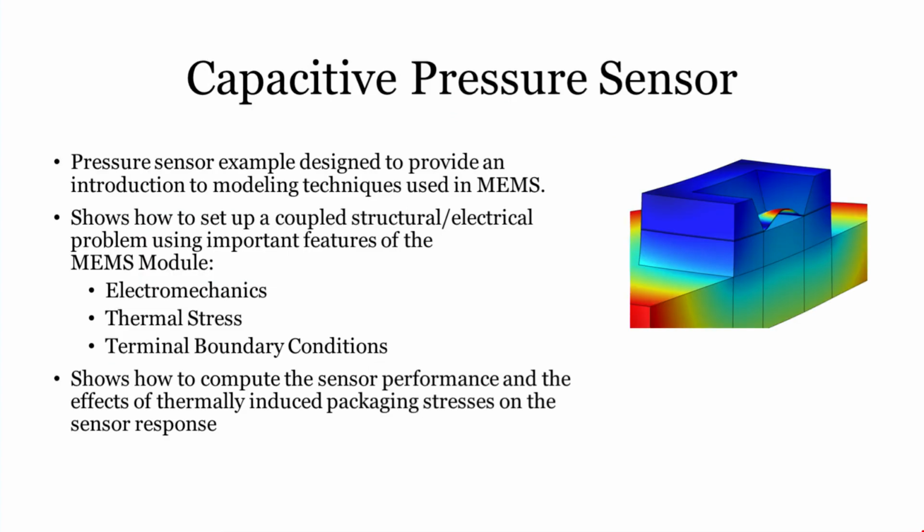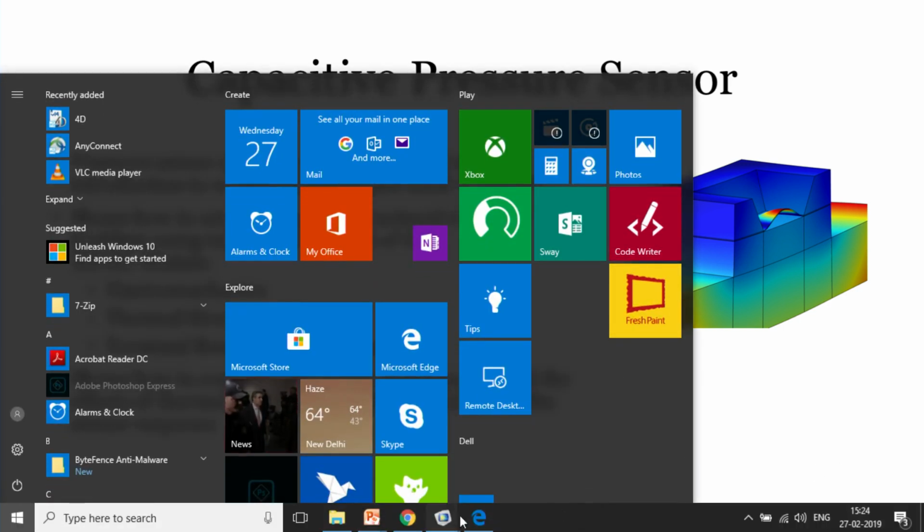One of the example models that comes into the picture is capacitive pressure sensors. These are regularly used in our mobile phones, as you know, and this is a kind of touch sensor that people want to model, or want to have on their mobile phones. So let me go ahead and open this particular model.